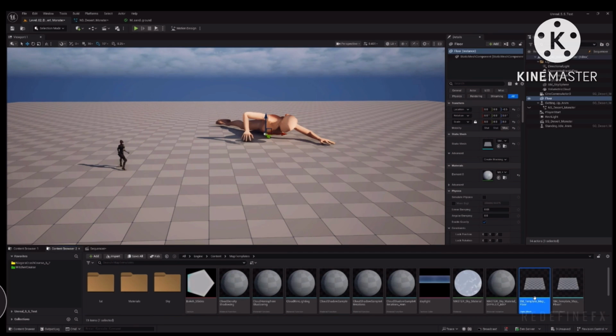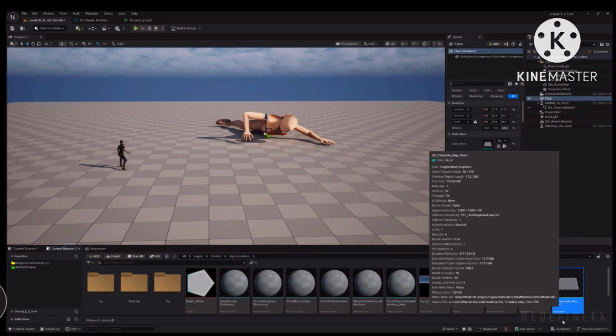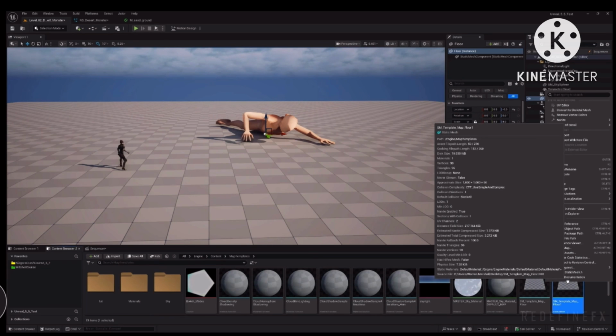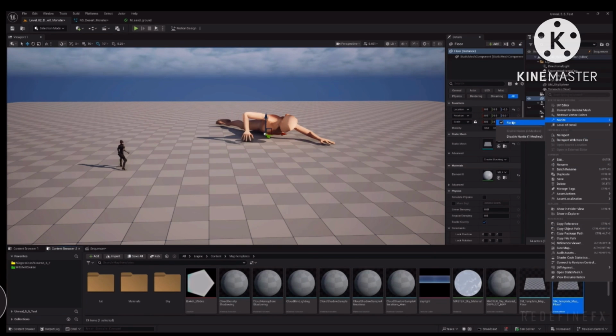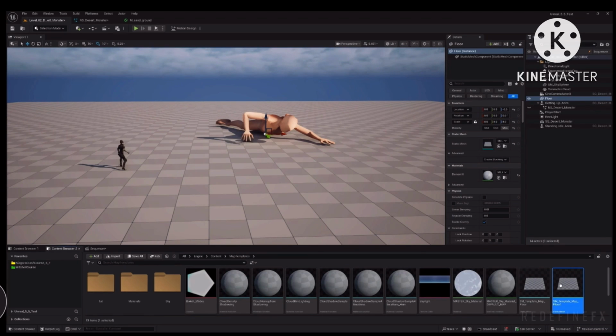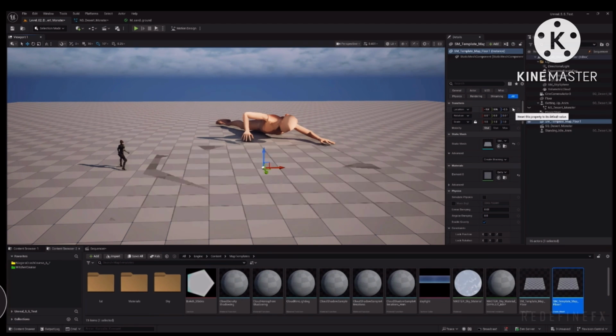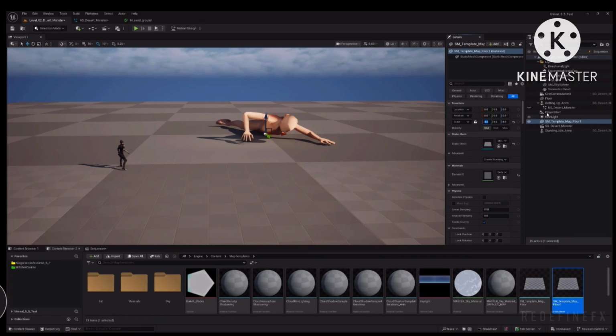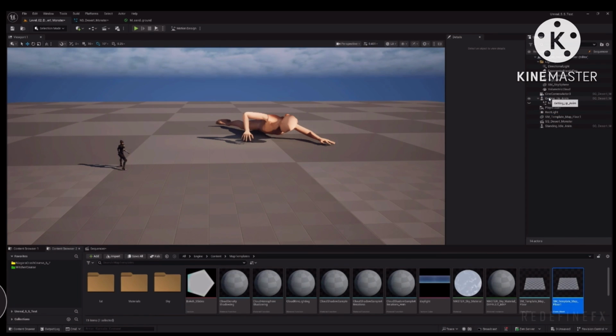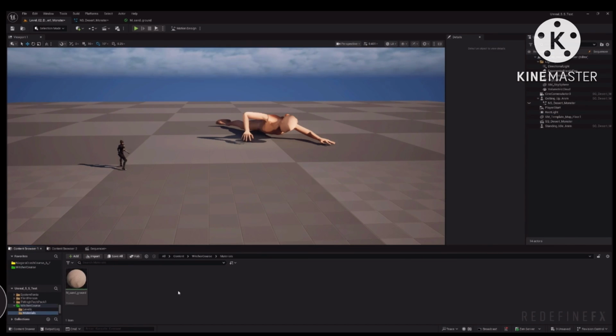And then you want to do Ctrl D to make another copy, which I already have here called Floor 1. So you can right click on that and then go to Nanite and make sure you check Nanite enabled. I will simply drag the floor copy into the scene, zero out the location, set the scale to 8, which is what the original had, and you can delete the original floor. And so now in our materials folder, I can simply apply our M sand ground that we just created, and